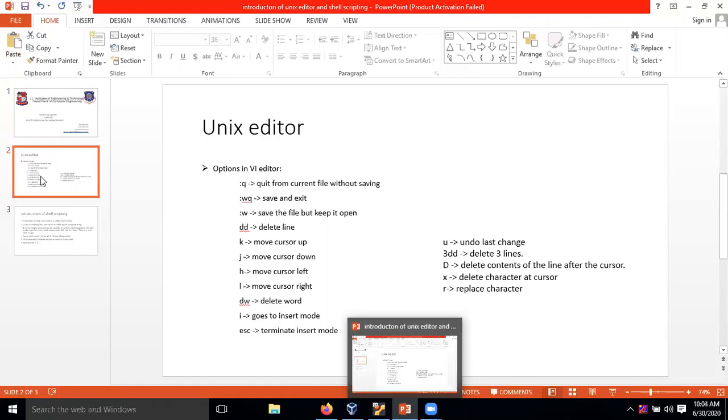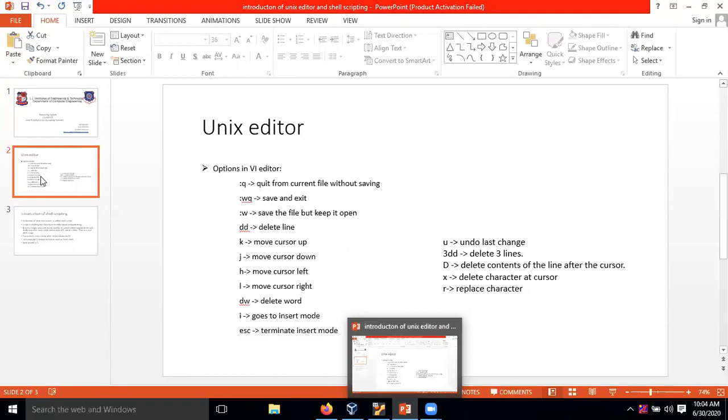Why vi editor we are discussing, and why we are going to learn vi editor only, that I will tell you later on. What are the features or advantages of vi editor, that I will tell you after a few minutes. But first of all, let us understand what is vi.